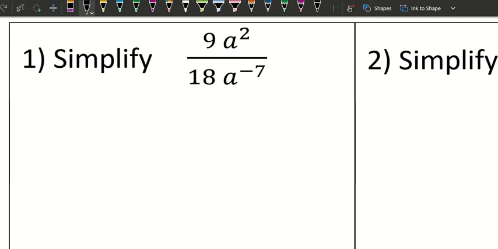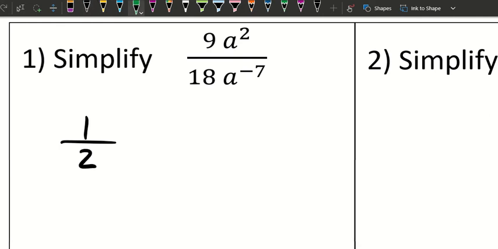One of the things I see immediately is 9 over 18. That is the number 1/2. If that's difficult for you in any way, if you're not sure how to rewrite that so that you can see the giant 1 and get rid of the common factors, see me, because your calculator will easily do that task, and I'd rather have you offload the arithmetic with fractions than not be able to focus on the algebra. So let's focus on the more complex part, the part that I have here, a squared over a to the